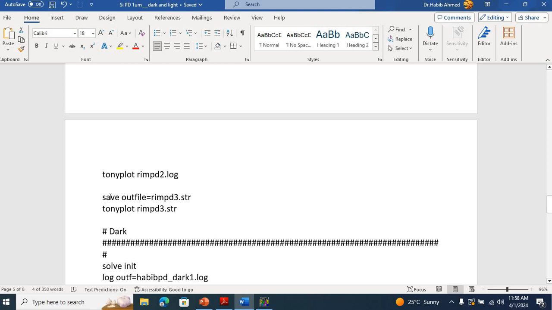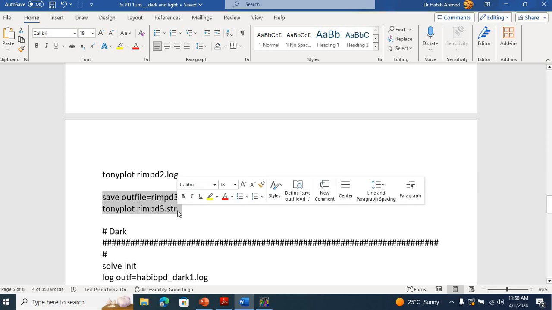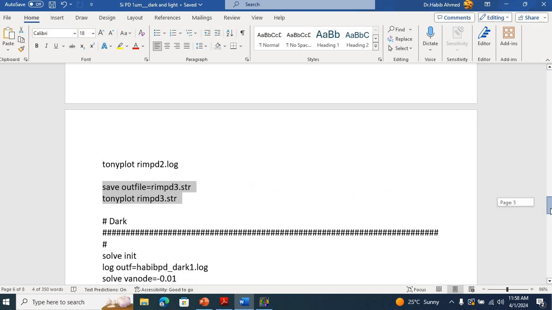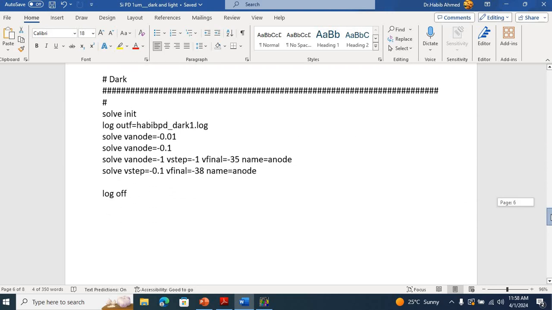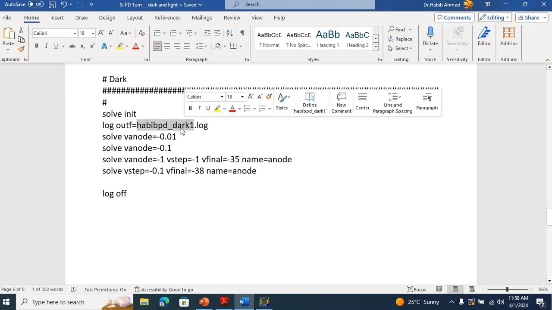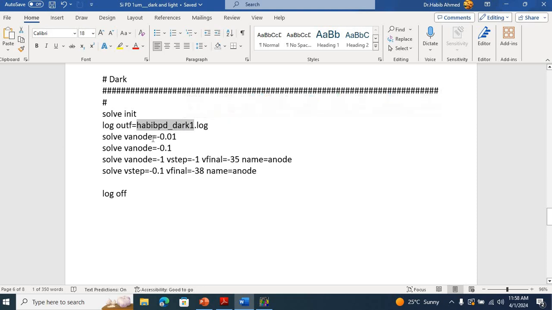So here I save the structure once again because at this point I would also like to look at the photo generation rate inside my structure. Then I operate the structure under dark conditions initially, and for that purpose I create another log file with this name over here,